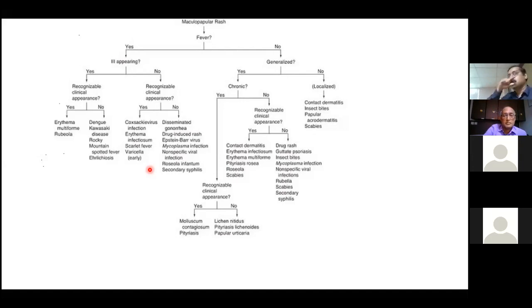I forgot to mention about meningococcemia and disseminated gonorrhea. Both can have very dramatic presentations with hypotension, maculopapular rash, fever, sudden loss of consciousness. So you can actually even develop it with gonorrhea, which we don't see in the Kerala population as much, but it can occur. It may be an atypical presentation. A person who is a recluse sexually can actually have an untreated gonorrhea, which can go in for a disseminated infection. Or a drug-induced rash, Epstein-Barr virus, mycoplasma, roseola, and secondary syphilis.